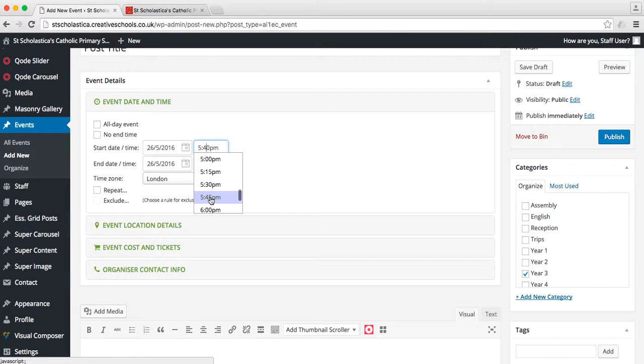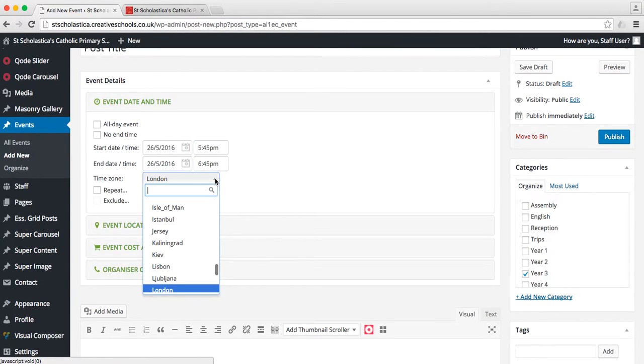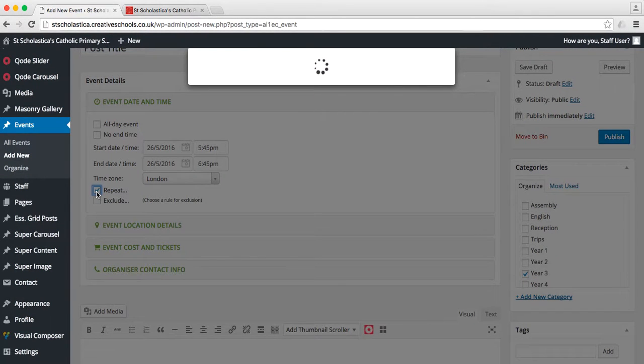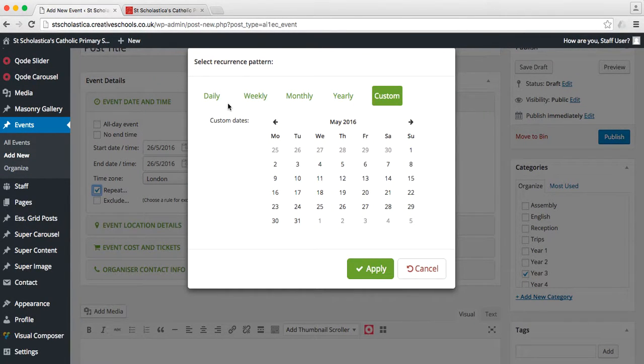You've seen it all before, same as Google Calendar. Just click that. It will always be set to London. You shouldn't ever need to change that, but if you do, you can click on that and there's a whole list of worldwide clocks. For repeated events such as clubs, we want this to repeat weekly or monthly or yearly,